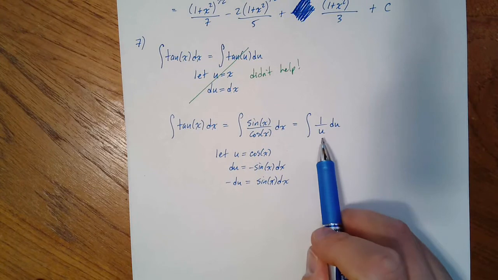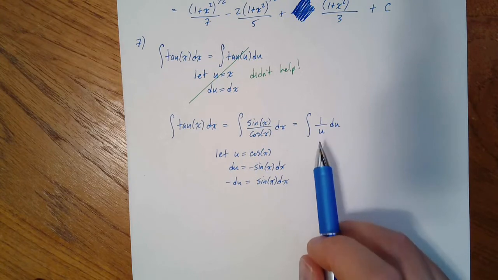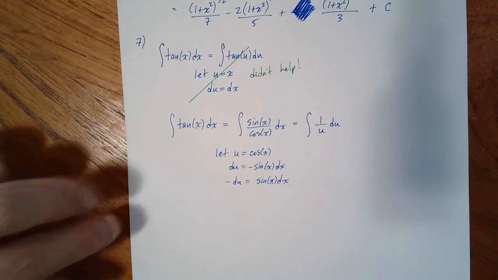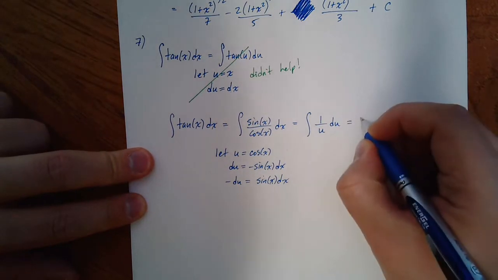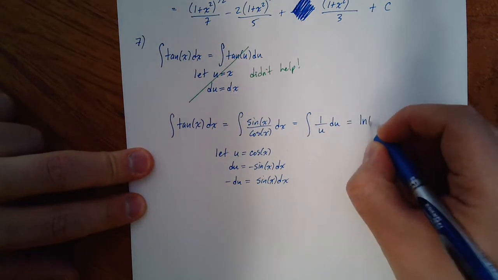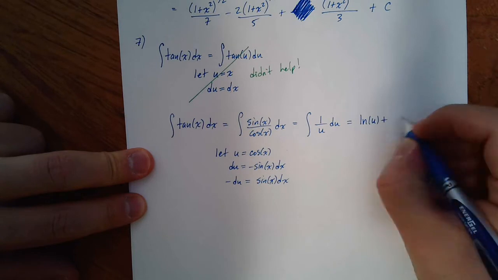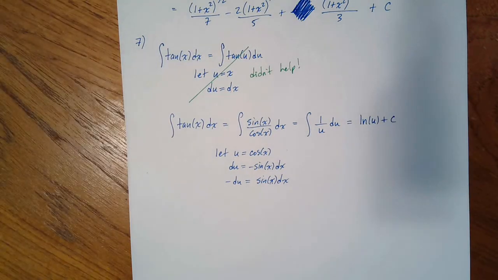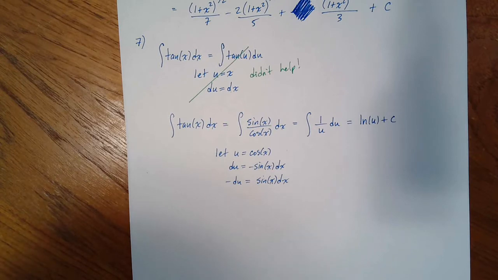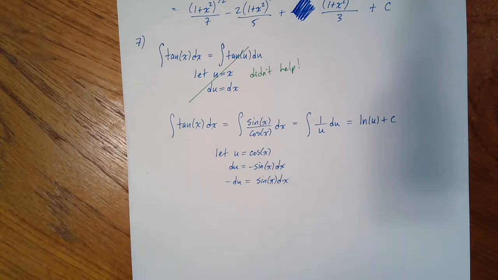This is the derivative of natural log of u, right? Take the derivative of natural log and you get 1 over u. So our antiderivative is actually going to just be natural log of u plus c. But you typically won't see that. Typically what you will see, if you look, for example, if you look this up in a table, because that's where you can get a lot of antiderivatives, by the way, in the inside table of a lot of calculus textbooks, and if you were to look one up, or even if you Googled this one, antiderivative of tan, you'll probably,